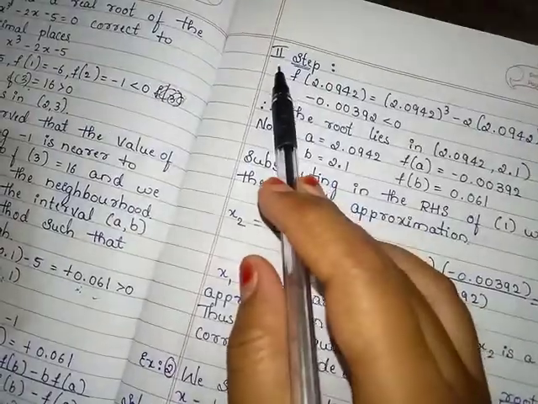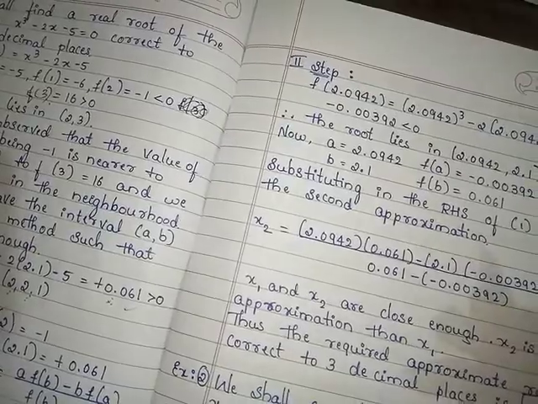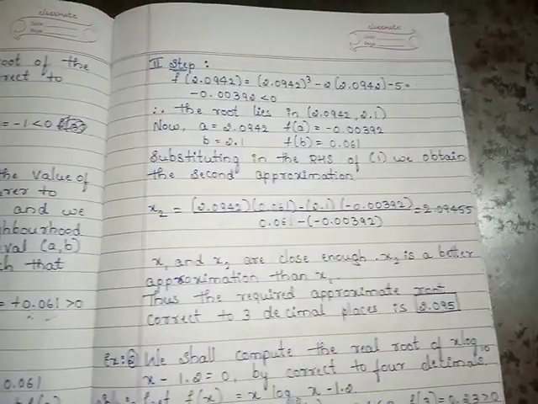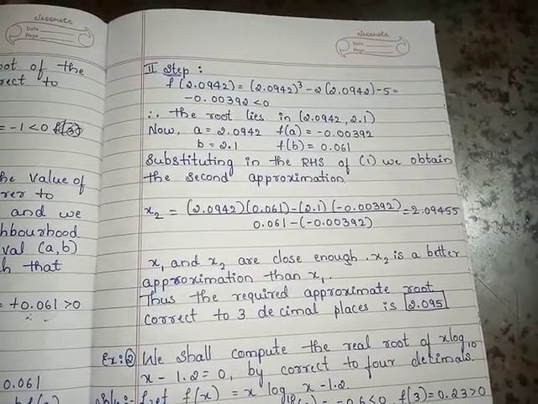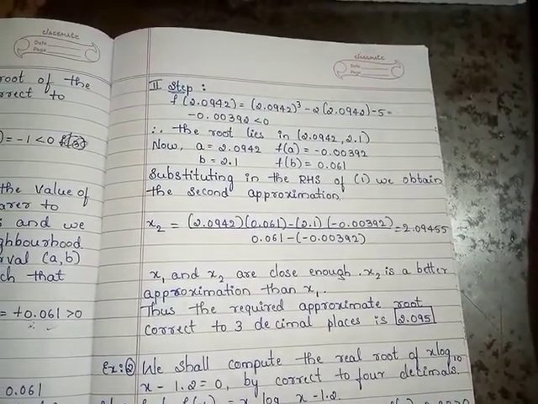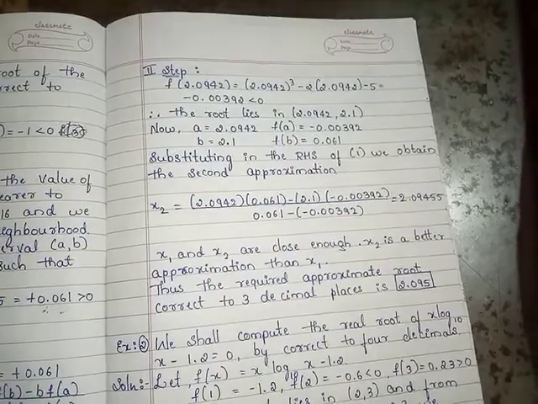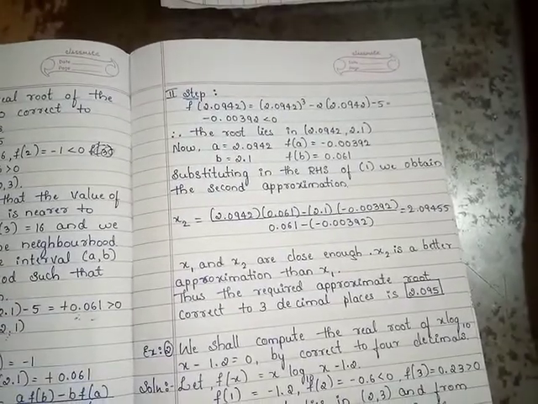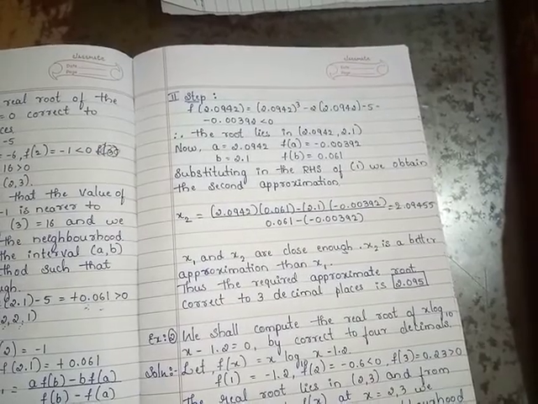Next, go through x2. Step 2. Why? Here we are going to the next step to find the value of x2. Because in this method we have to continue the process until we get consistency in two desired values of x. The x1 value is 2.0942. Our x2 value should be nearly the same, or if it is not the same as the x1 value, we go to the x3 value